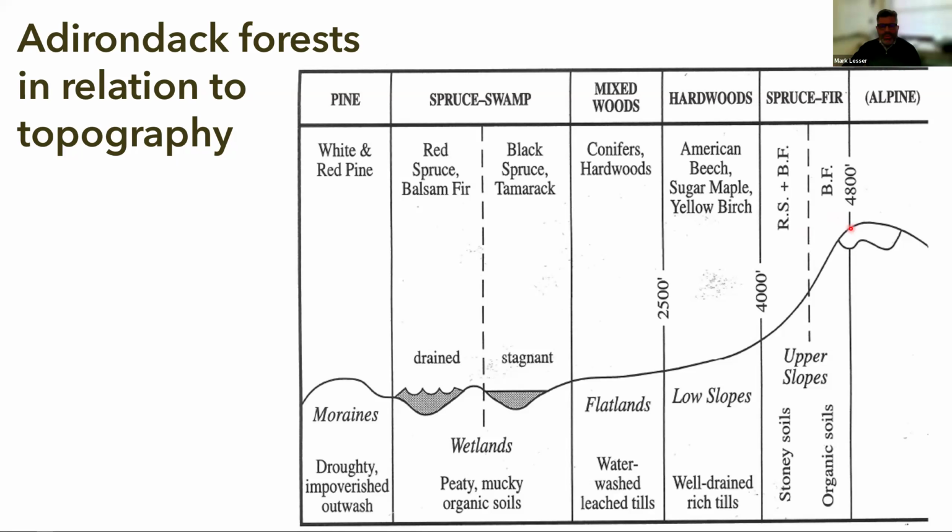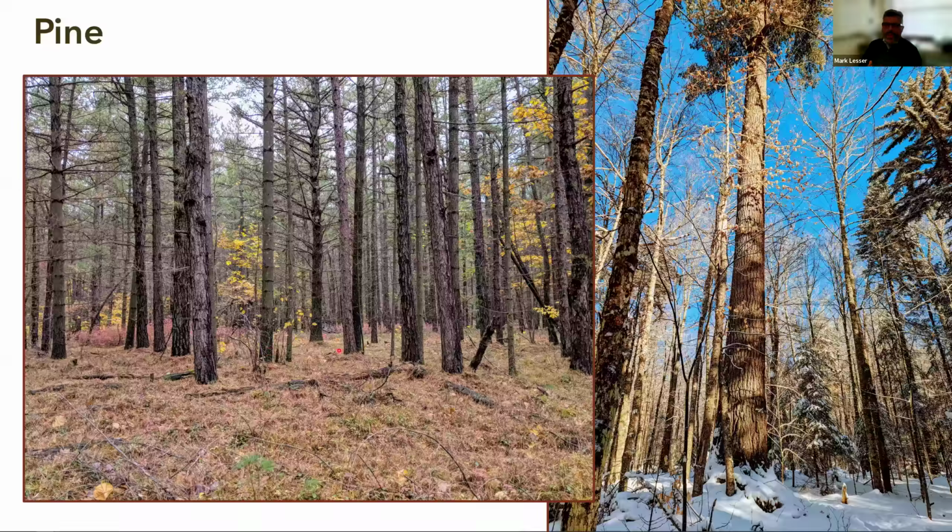And here is a characteristic white pine super canopy with a subcanopy of hardwood trees that is quite common through a lot of the Adirondacks at those lower elevations. Here's a pitch pine, pine barrens. This is in Clintonville, which is a Nature Conservancy holding